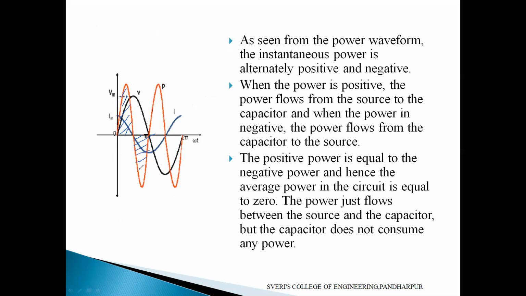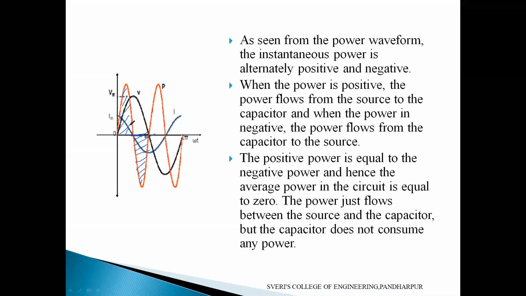Voltage and current waveforms we have already discussed in the previous part, while deriving the current and voltage equations. But here we have to show the positive value of the power and the negative value of the power,